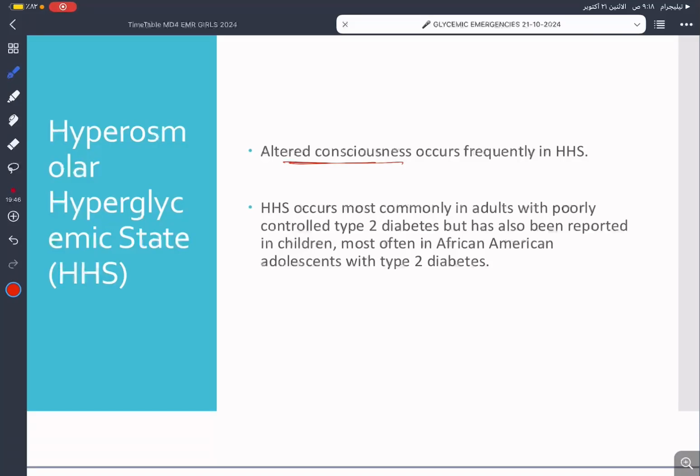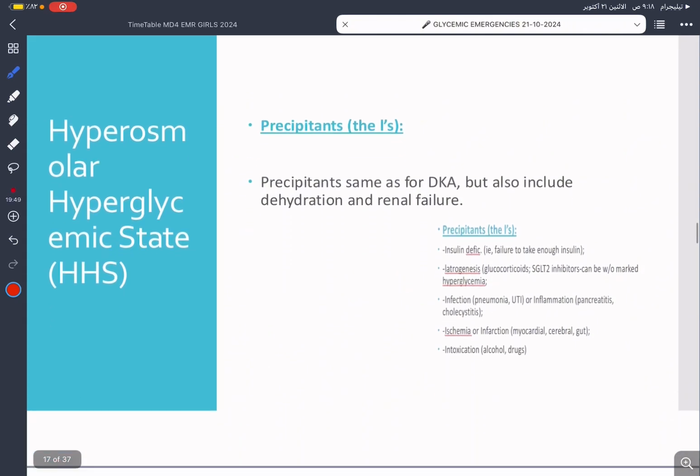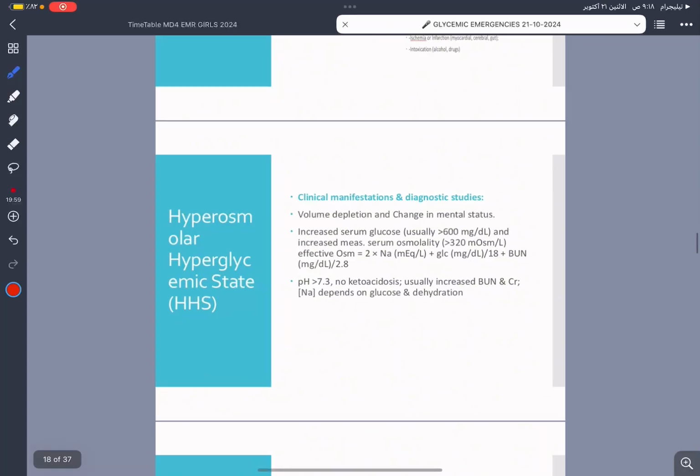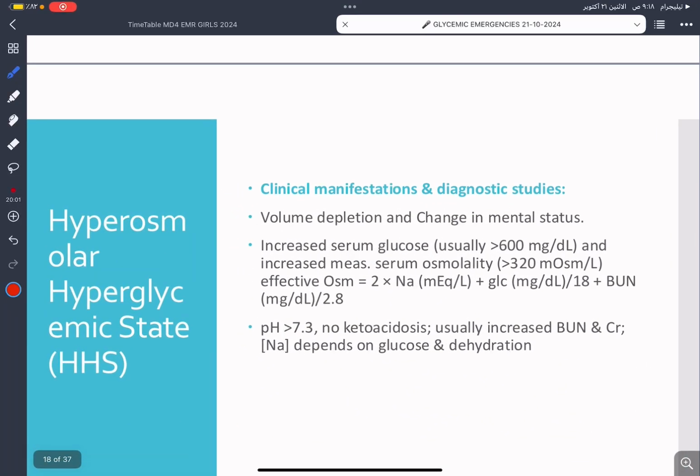طبعا the precipitants are the same as DKA. And presentation mainly because of volume depletion, so the patient will present the same: hypotension, tachycardia, dry mucous membranes, altered level of consciousness. You check the renal profile, he has high urea, high creatinine. ايش التريتمنت؟